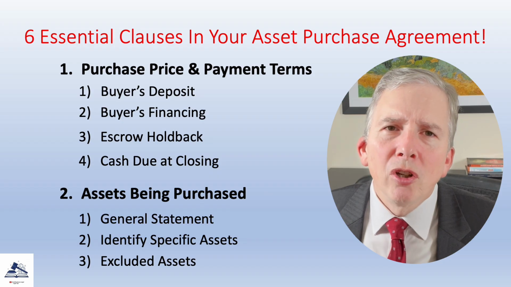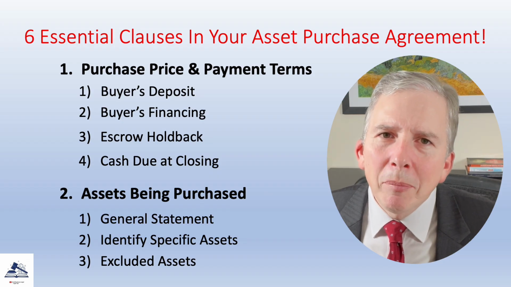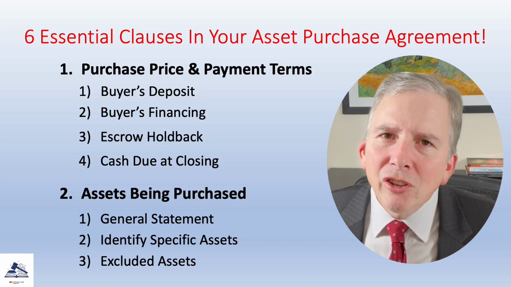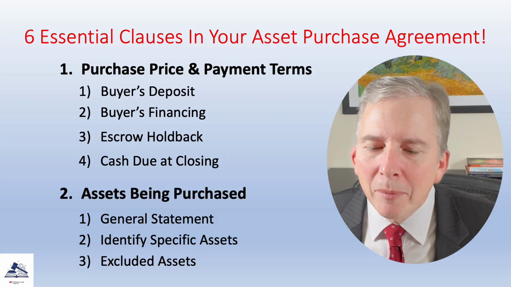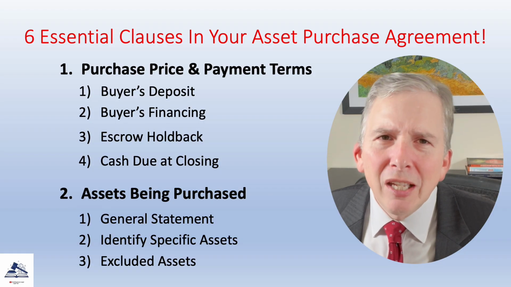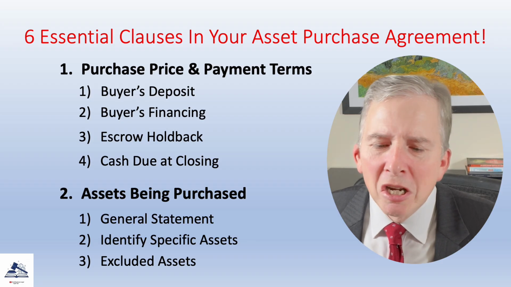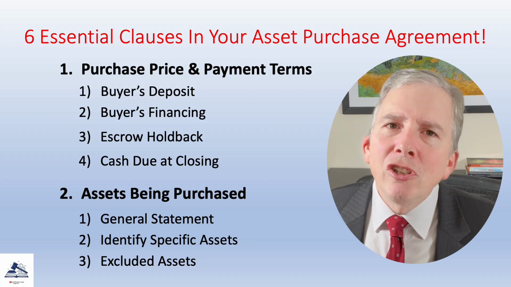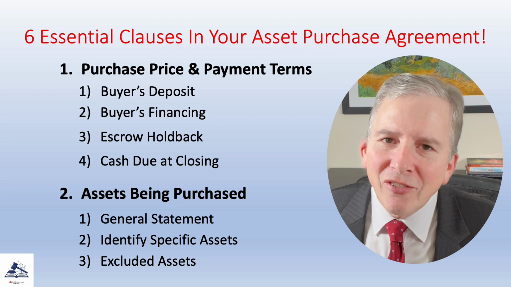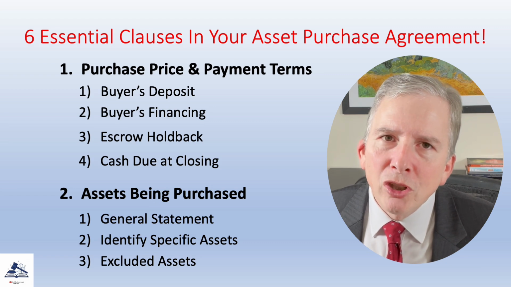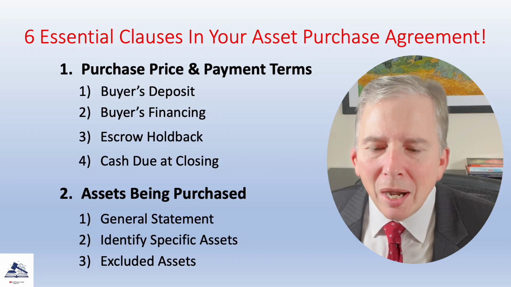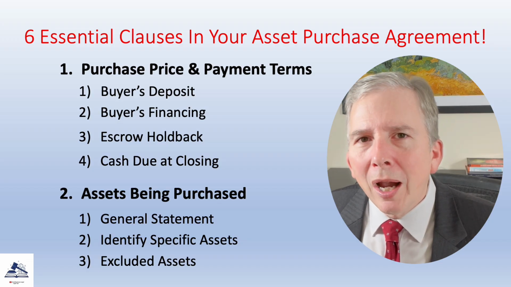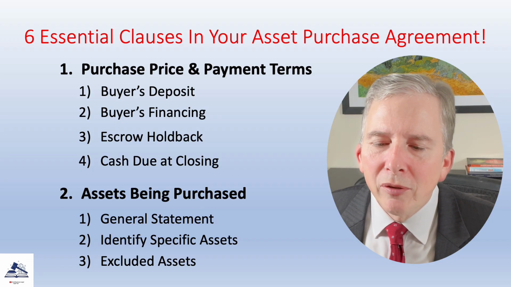Unlike a stock purchase, where you're buying all of the assets and liabilities of a business, when you're buying the assets of a business, you're only buying the assets that are specifically identified in the APA and are not excluded. If assets are not identified in the APA, the buyer is not buying them. So make sure that your APA specifically identifies the assets that are most important for you to operate the business after you own it. You don't want to discover after you buy the business that critical equipment or IP wasn't actually included as part of the sale.